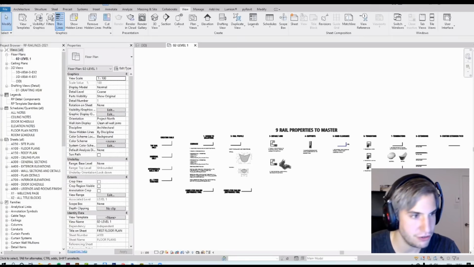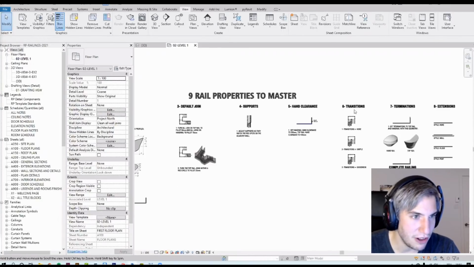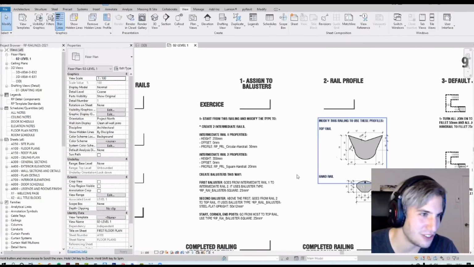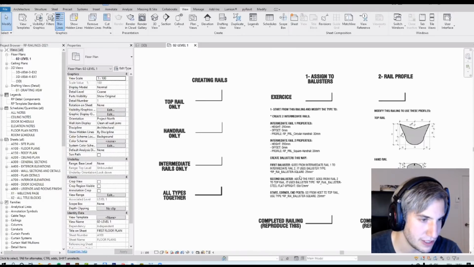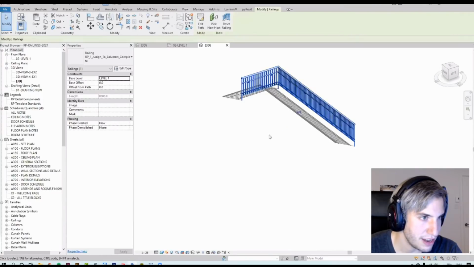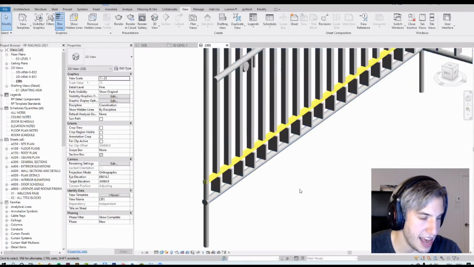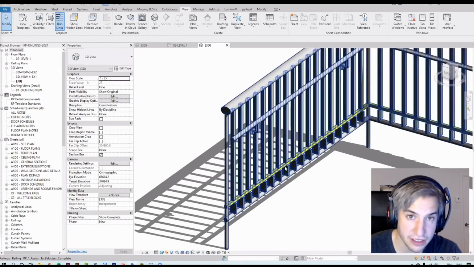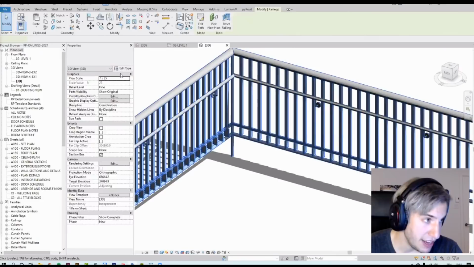So let me jump back into Revit. I actually have a Revit file here. Maybe I can find a way to share it when it's done, but I have all the properties, it's kind of an exercise file. I don't have to do the whole exercise, but I wanted to show this example where I have 2 intermediate rails, also known as non-continuous rails. I have a top rail that is right here, and I have the handrail, which has all these little support families. And if I edit the type of this family,